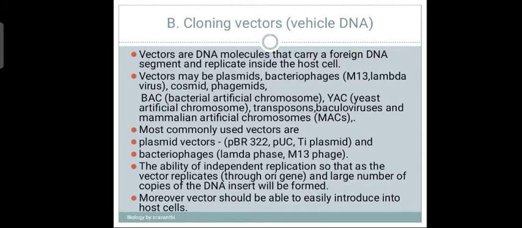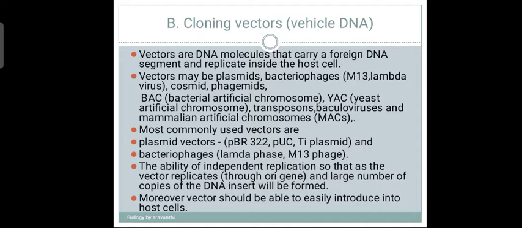For example, in a bacterium like Escherichia coli, there is an extra-chromosomal DNA, which we call a plasmid. When we want to replicate or produce insulin, the insulin-coding gene is introduced into that plasmid, and this plasmid is reintroduced into the Escherichia coli so that it gets replicated and produces a number of copies of the insulin. In this manner we produce insulin in rDNA technology. When we insert the required gene in a plasmid, that is called the vector.